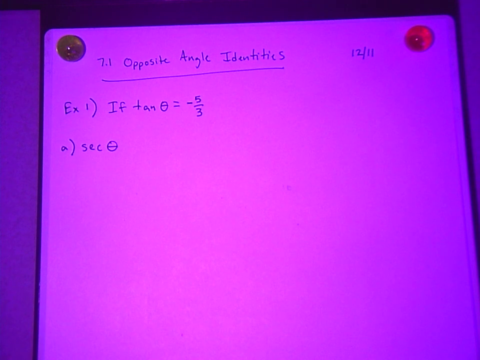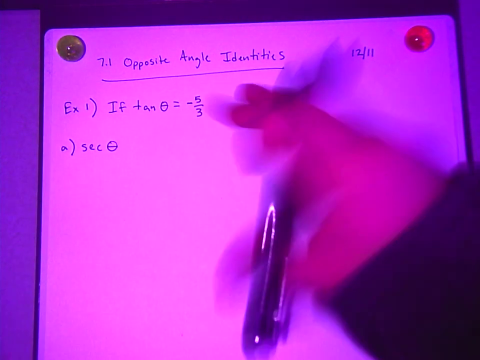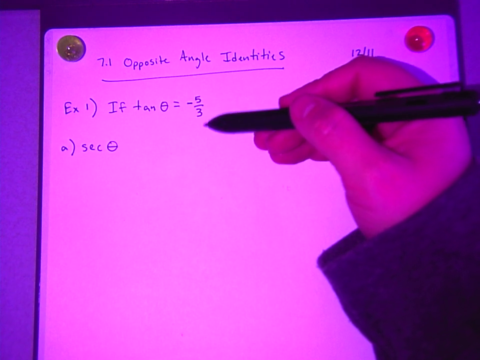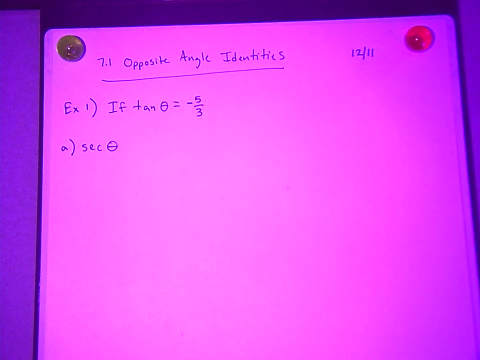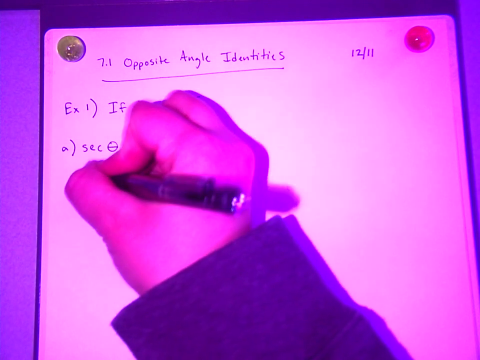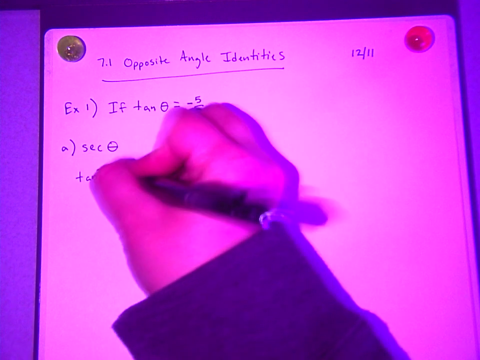Now, you cannot just say when you're doing tangent that since tangent is y over x, the y is 5 and the x is 3. You can't do something like that because this is reduced, so we don't know what it was before. So we have to use a Pythagorean identity. So flip your unit circle over, look at the back side. Which one do you think we should use? The second one says tangent squared theta plus 1 equals secant